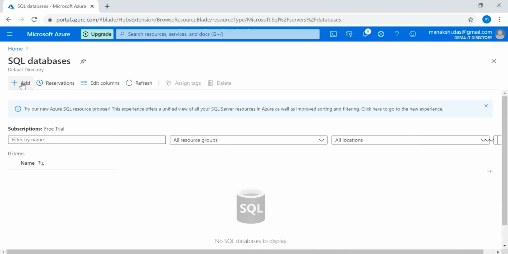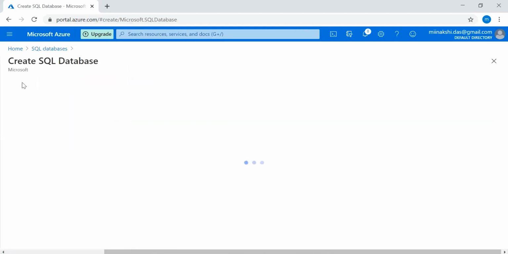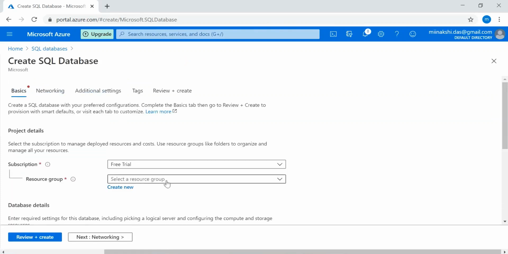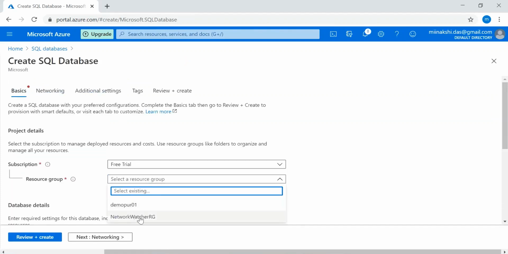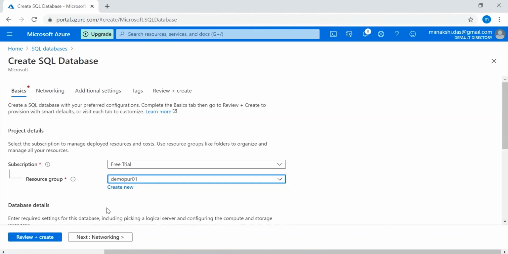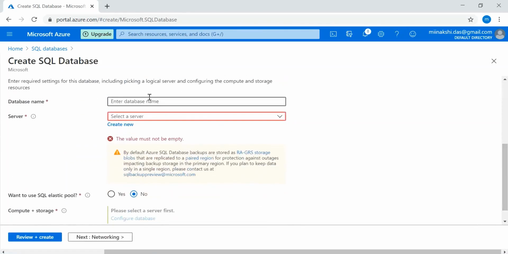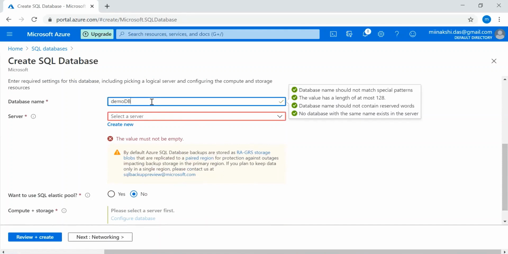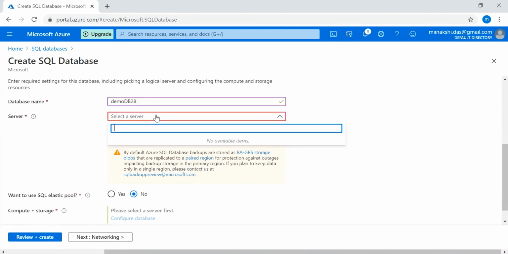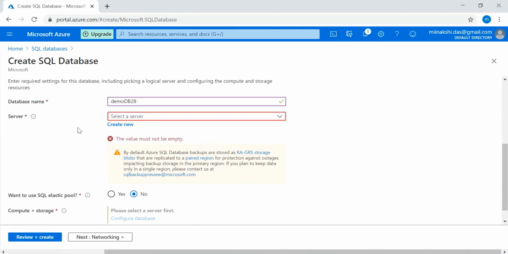Click on Add. Resource group. We have created this resource group. Database name, demo db today's date. For a SQL database, we need a SQL server.